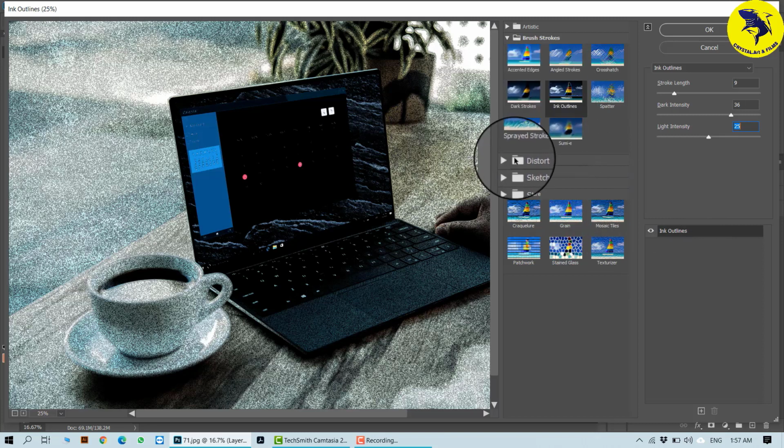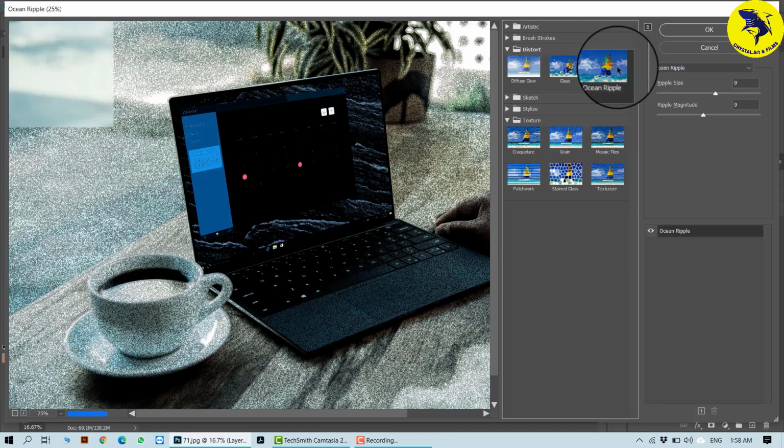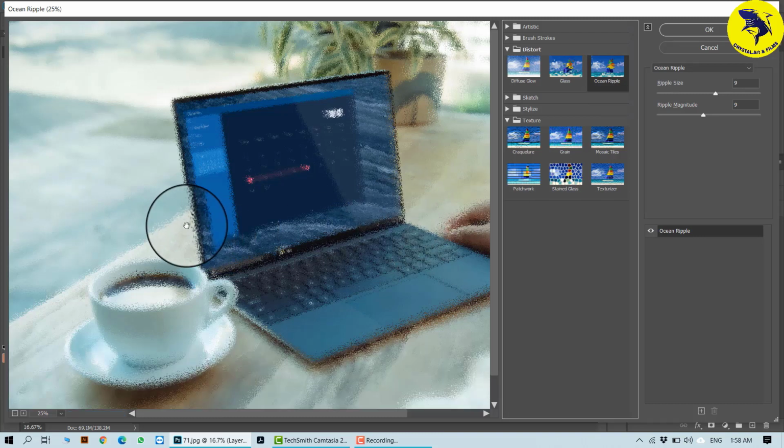After that I'll go for the next one, that is distort. You have only 3 main. I'll show you ocean ripples. Whenever you pick any one, ocean ripples actually disperses all the effect. It is a very nice effect if you want to give it to the background and somebody's face, you just mask it so that this effect is not applied onto that, and the entire background has been dispersed, like the edges of your skin have been dispersed into it.